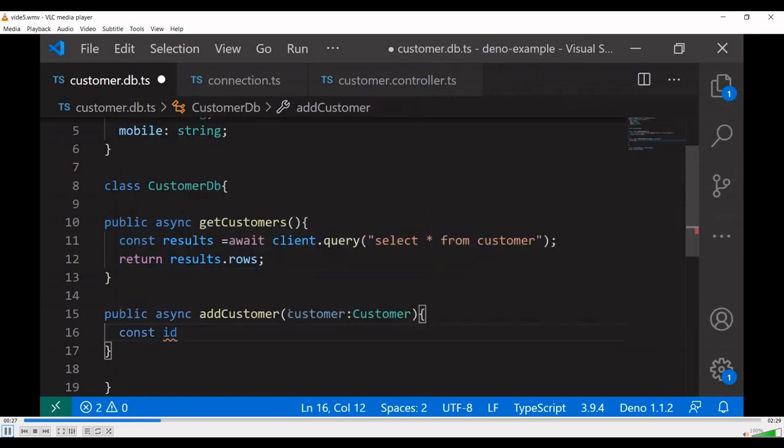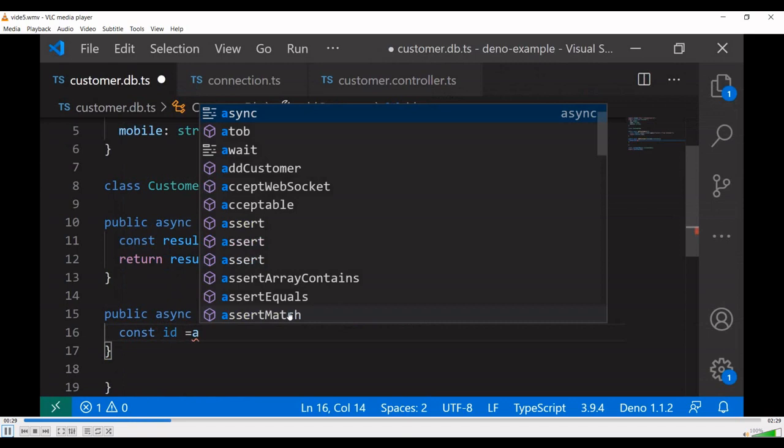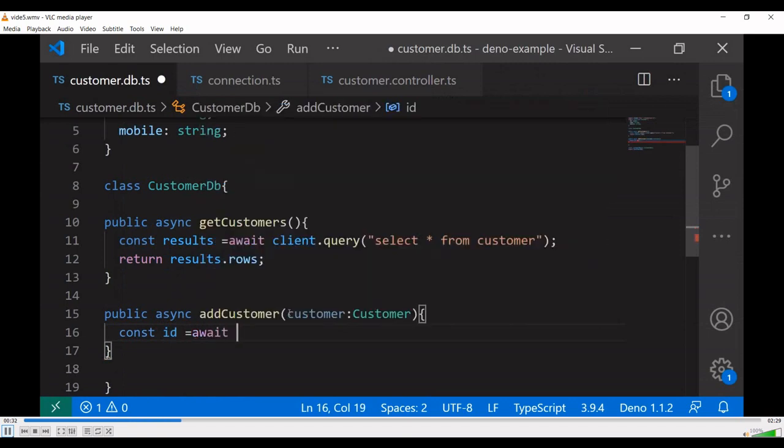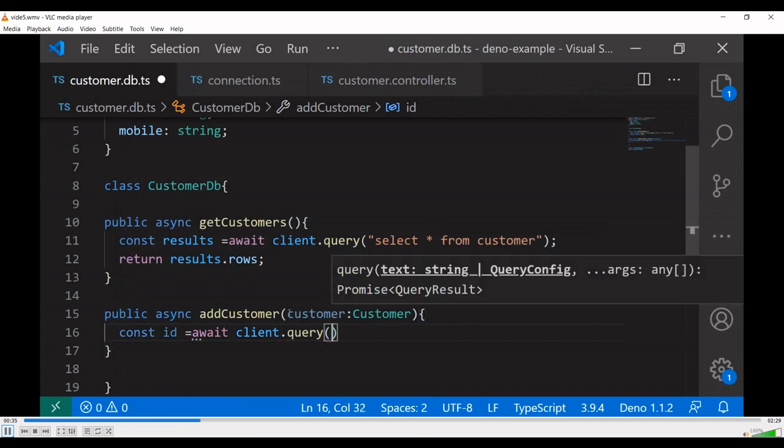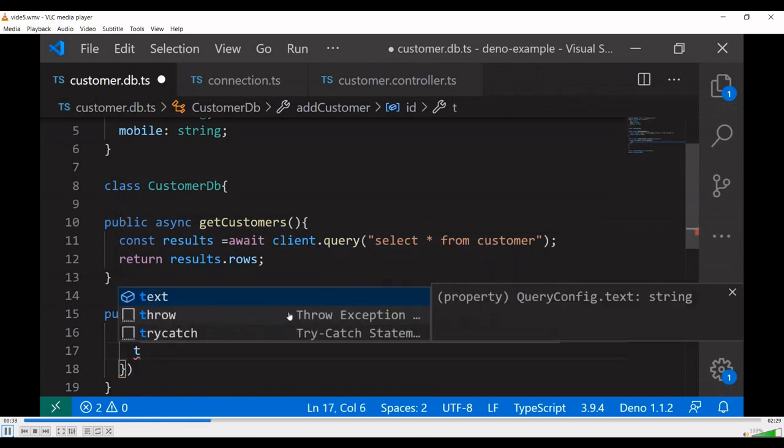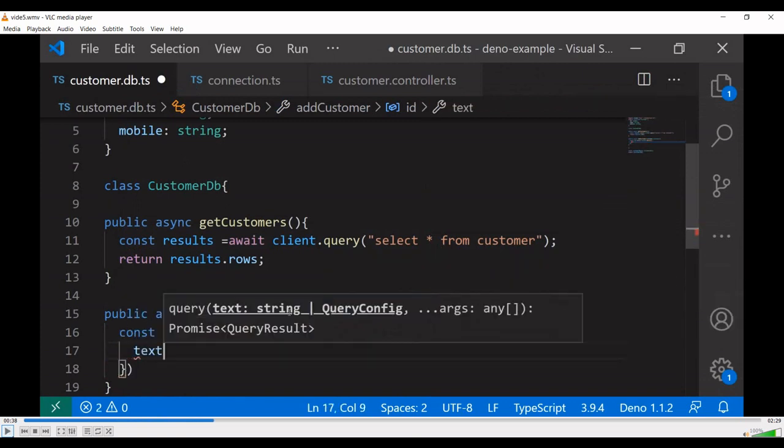Constant ID equal to, it will return the ID, so I am declaring it as ID. Await of client.insert, that's the query we are going to use. In the previous example we didn't have arguments, but in the insert we have arguments as well. For that purpose I am going to use the options.